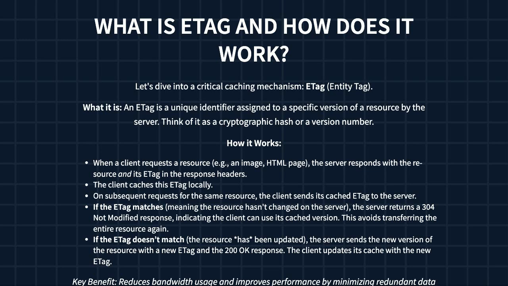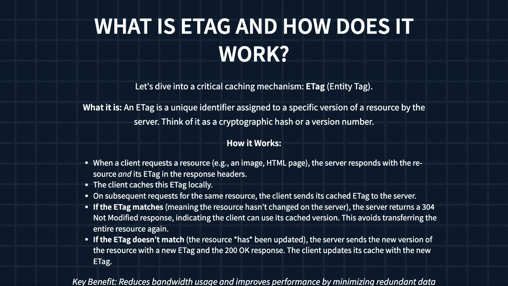If the server sees that the e-tag matches what it has, it knows the resource hasn't changed and just sends back a 304 not modified response, meaning you can use your cached version. This avoids wasting bandwidth and transferring the entire file again. If there has been an update, the server sends the new version with a new e-tag and you